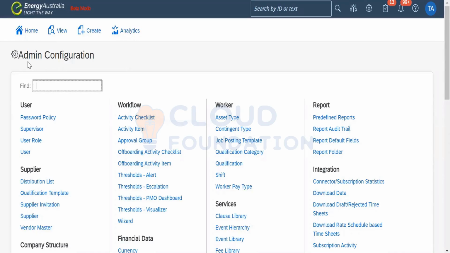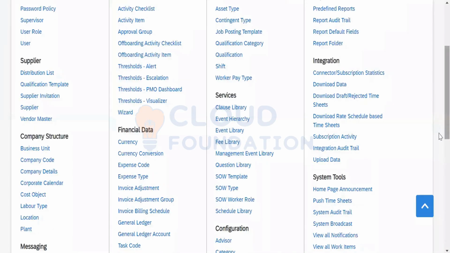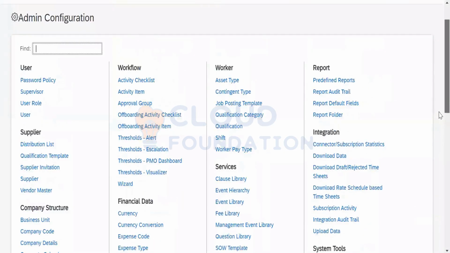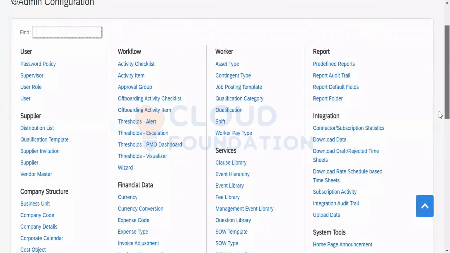Primarily, we understood who is a contractor, who is an employee, and so forth. The master data. I'll be picking up the complete master data today. Next to user, we have got something called supplier. Do you guys have any idea who the supplier is?